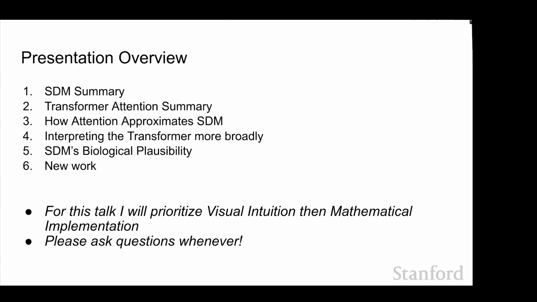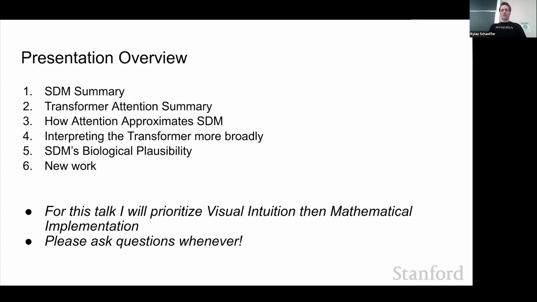So first I'm going to give an overview of sparse distributed memory. Then I have a transformer attention summary, but I assume that you guys already know all of that. We can get there and then decide how deep we want to go into it. I'll then talk about how attention approximates SDM, interpret the transformer more broadly, and then hopefully there's time to go into SDM's biological plausibility. Also, I'm going to keep everything high-level visual intuition and then go into the math,